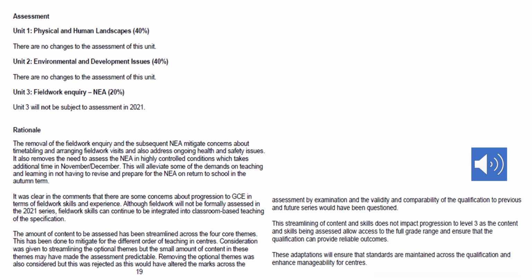And then one of the biggest changes is the removal of the coursework, or the NEA, the non-exam assessment. This would have been fieldwork where they would have needed to go on 2 field trips. Obviously, with the current restrictions, it would be very difficult to take pupils out on fieldwork, collect fieldwork, bring it back and then write it up by Christmas. So in terms of time restraints and restraints on being able to take pupils on trips, the WJEC decided to remove the need for the fieldwork enquiry, and this will not be assessed in 2021. Therefore, they will just have the Unit 1 and the Unit 2 exam to sit in May and June.